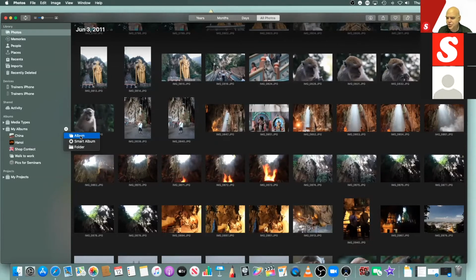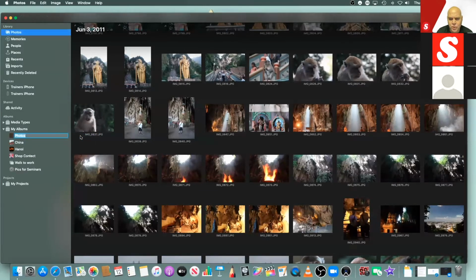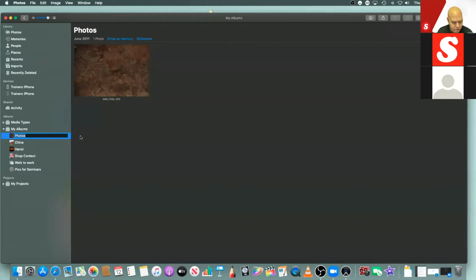So I know I've taken a trip from these photos to Malaysia, and I visited two separate places there. One was Malacca and one was Kuala Lumpur. Fantastic trip. If you ever get a chance to go over there, it's a lot of fun. So I'm going to create an album. I'm going to name this album Malaysia. Actually, let's do Kuala Lumpur. I think that's how it's spelled, I can't remember off the top of my head. So I've created an album here called Kuala Lumpur,